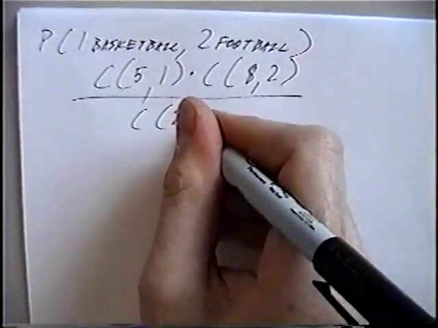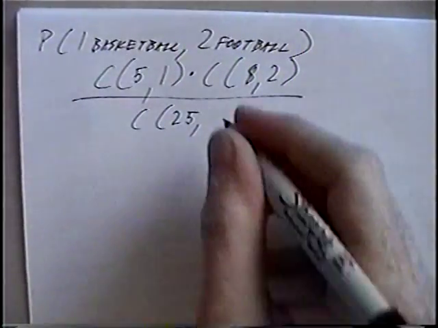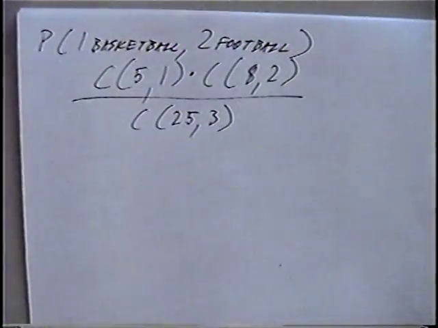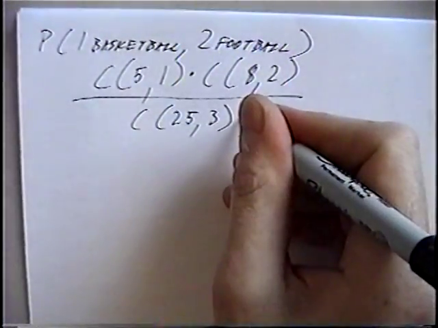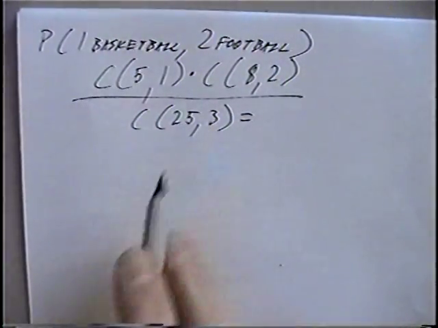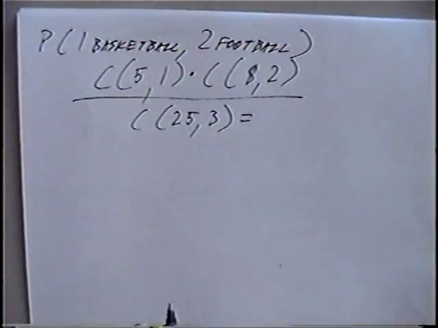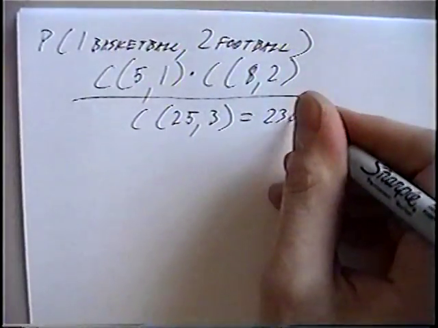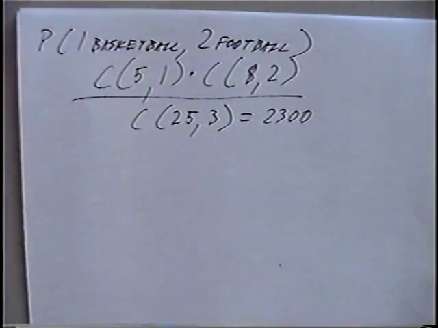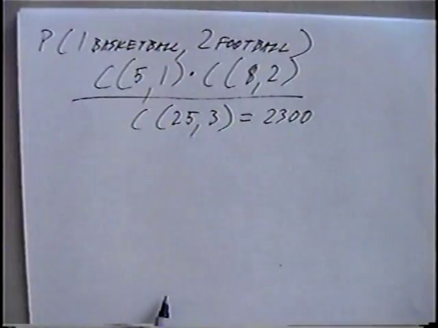There's 25 cards total in the box, and we're picking out 3 total cards. One shortcut we can use: that previous question we actually solved, combination 25 comma 3, and that was equal to 2300. Solving combination 5 comma 1,